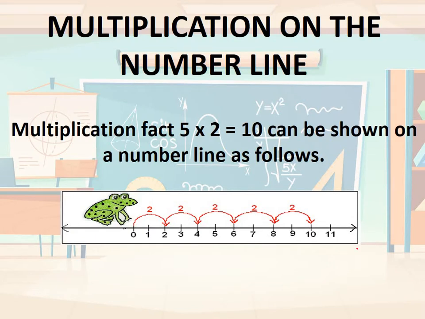Number line. How to calculate multiplication on a number line? It's very easy. You know the frog jump which we used to play in school during sports day? Yes, same thing. 5 multiplied by 2. The front number explains how many times we have to jump. Here we are jumping 5 times. Then this 2 is a gap of two numbers. So 0 to 2, 1 jump, 2 to 4, 2 jumps, 4 to 6, 3 jumps, 6 to 8, 4 jumps, and 8 to 10, 5 jumps. So at last I reached here. 5 multiplied by 2 is 10.